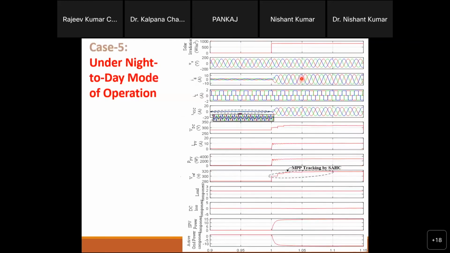Here the load current requirement is 2, so that's why this is like that. Similarly, that was the day to night. Here you will see the night to day mode also, meaning how the system is behaving at night time. And then once the solar panel comes into the picture, here PPV, once the panel comes into the picture, at that time you will see the mode change, and then again the system will start working as a solar power generation system, right? So this is the main thing.